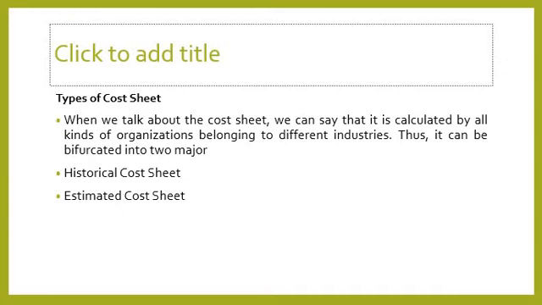Then next, what is the meaning of estimated cost? It is a cost statement which is prepared in advance, before the actual production of goods or services takes place. It is made to predict or determine the cost which will be incurred by the organization, the potential profitability of the product or services, and to fix a suitable selling price. This type of cost sheet is usually prepared at the time of filling tenders or taking contracts, to quote an appropriate price of the goods or services. These two types of cost sheet are very, very important here.